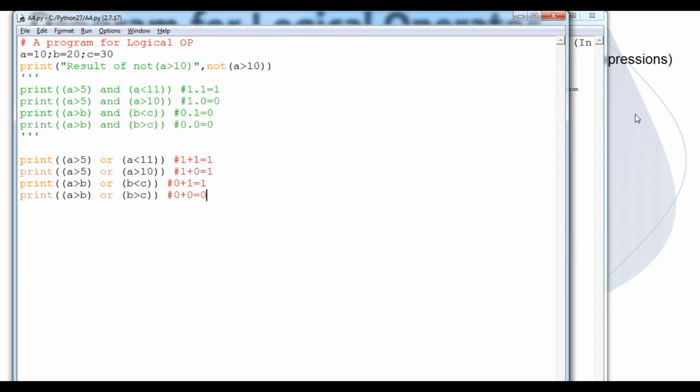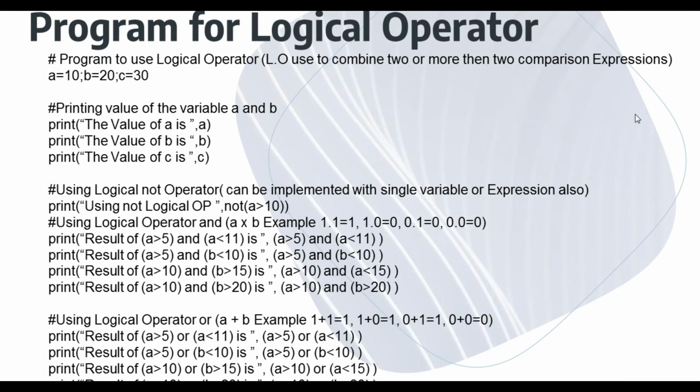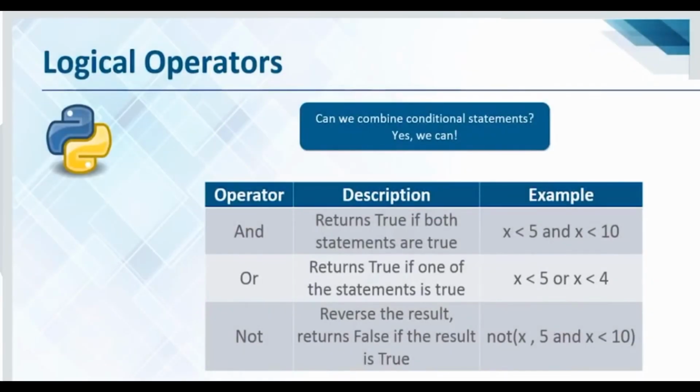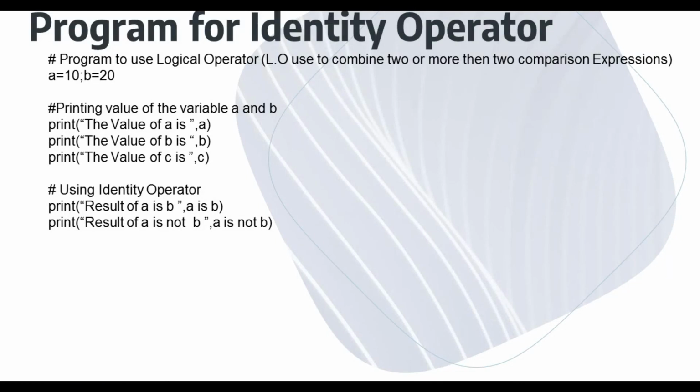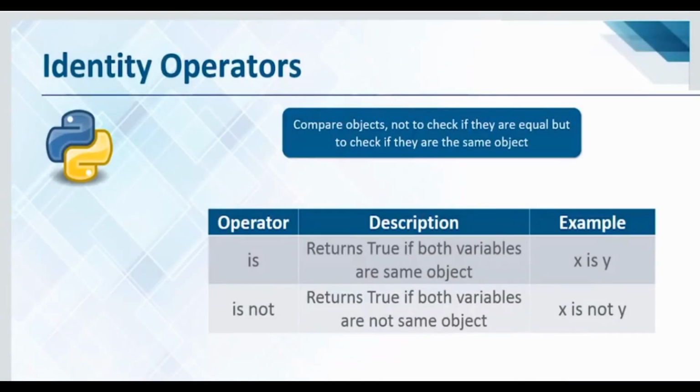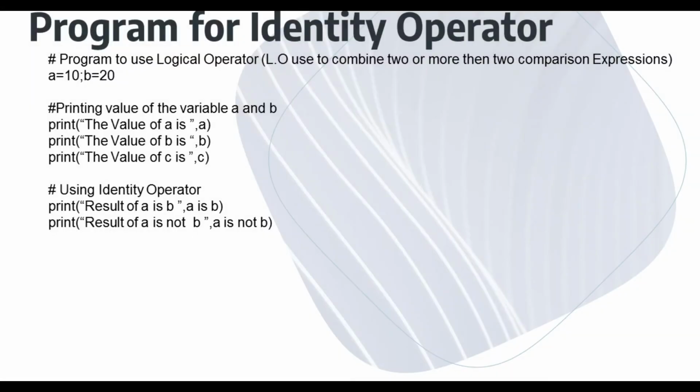except the remaining 3 statements. Okay, student, we have learned in this program how to use logical operators, in terms of the AND logical operator, OR logical operator and NOT operator. And now we will understand the next thing, identity operators. The identity operators are is and is not. It is a very easy and simple program.